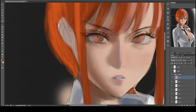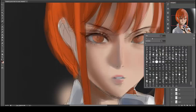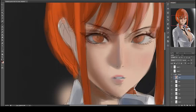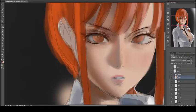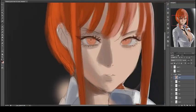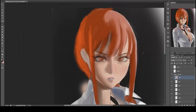Take a bit of shadow, add the shadow on this side of the eyes. For this eye, it should be on the opposite side. I wonder how it would look if I just line the bottom. And then what I'll do is